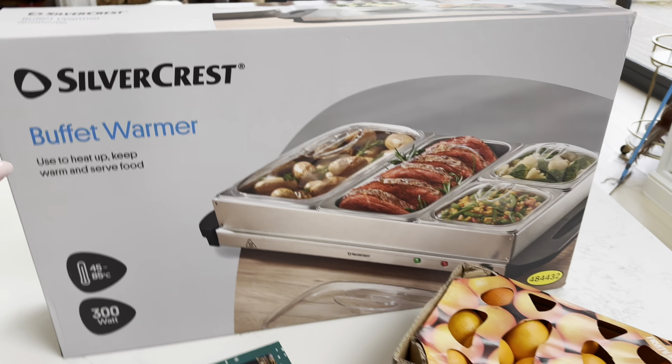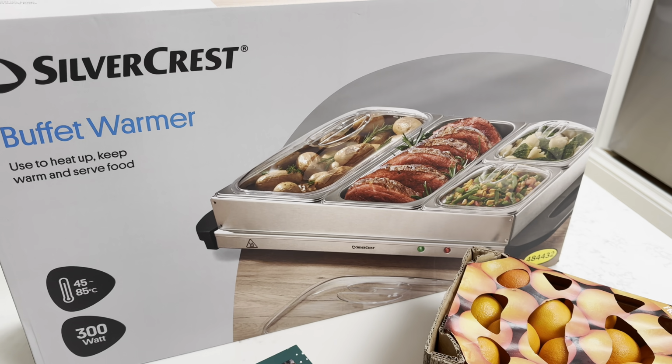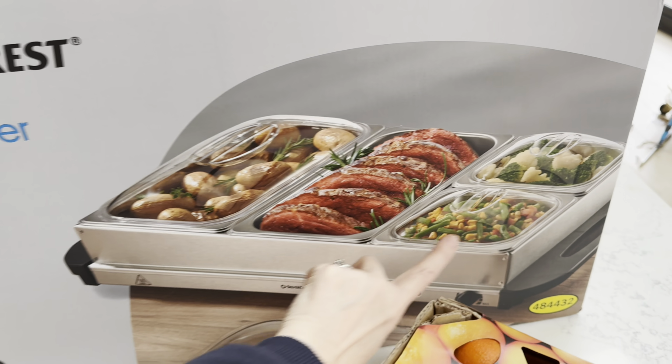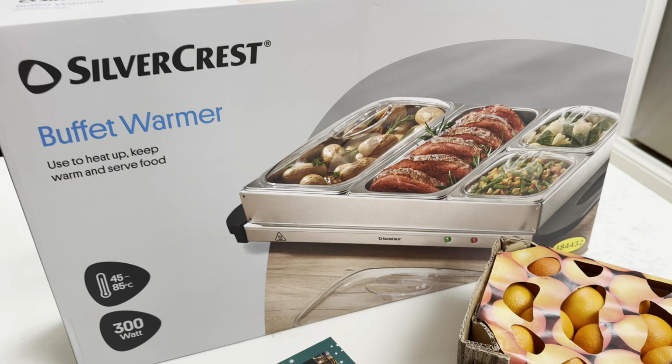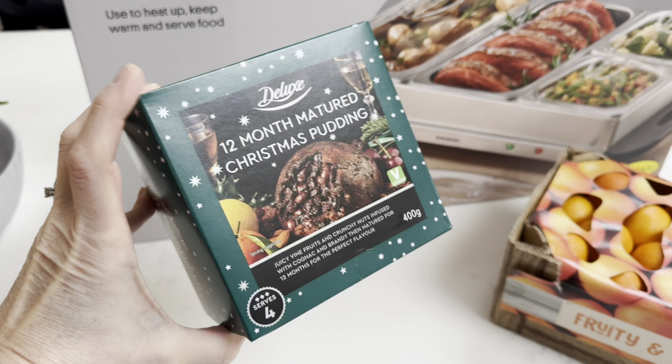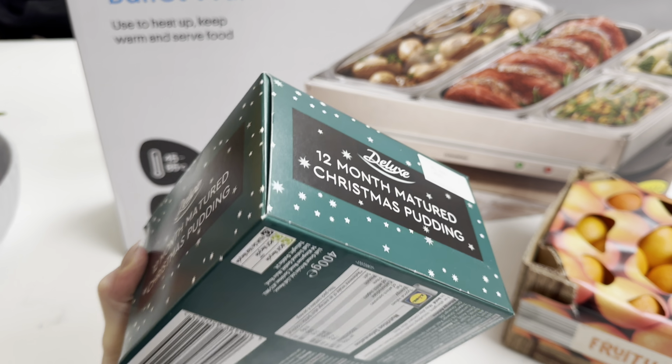Way back from Lidl and I got one of these buffet warmers. My husband wanted a second one. We've had one for years, but this one has got the 4 compartments. So I picked one of those up, $29.99. They still had loads. And I thought I'd pick up a Christmas pudding because we don't particularly...